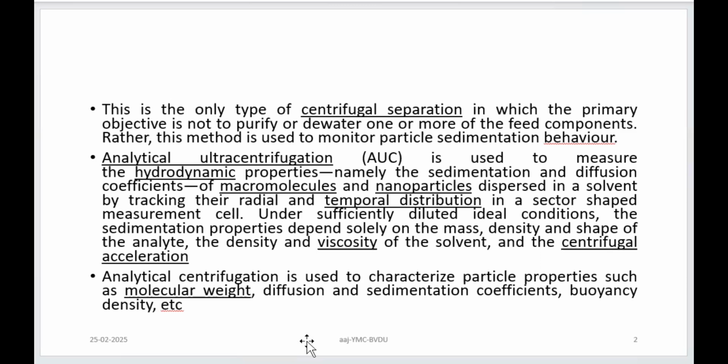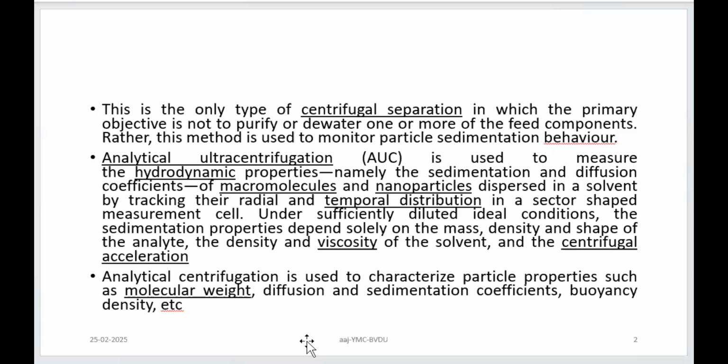When you are talking about all these properties, of course the factors contributing to the sedimentation we have learned are to be taken into consideration here also: the mass, the density of the material under sedimentation, the size and shape of the material, the density of the suspending media, and the viscosity of the suspending media. It's not only about the speed of the centrifuge that you have started it with, or the rotor that you have selected, but the concern is all these factors which contribute to the sedimentation rate. So when it comes to analytical ultracentrifuge, these factors are going to be important.